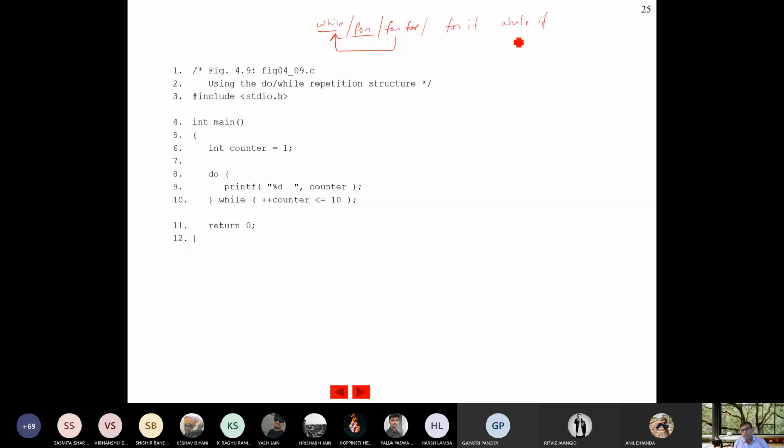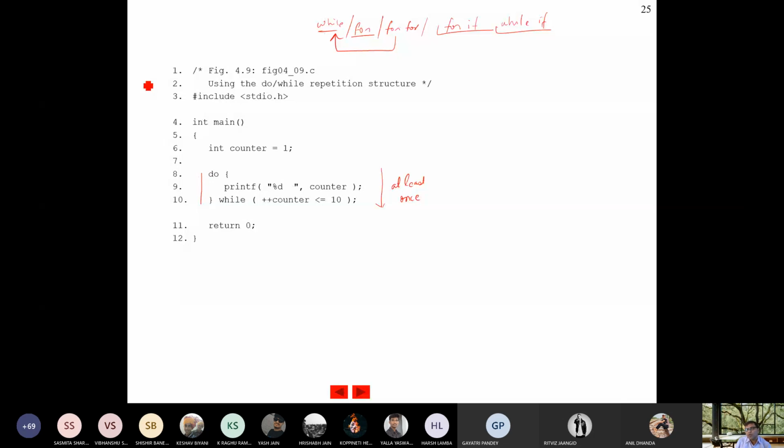So why is do while coming? The beauty of do while is that it will execute the statement at least once, whether the condition is true or false. Second thing, at least once means, because it starts from here, it will start from line number 8 and nothing has been given, so it will automatically print because this follows the top down approach.